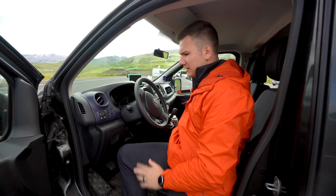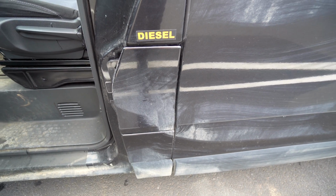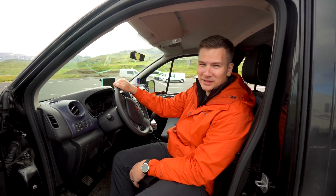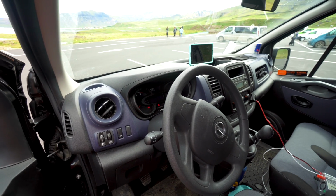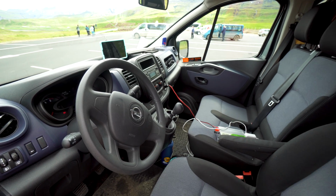Starting in the front seat, this is an Opel 2900, so it is a diesel engine, which is something they will emphasize multiple times when renting the van, so you don't put gasoline in it. But there's Bluetooth, so you can play music. You can even hook up your phone and use it for travel or GPS, but that is all unnecessary for